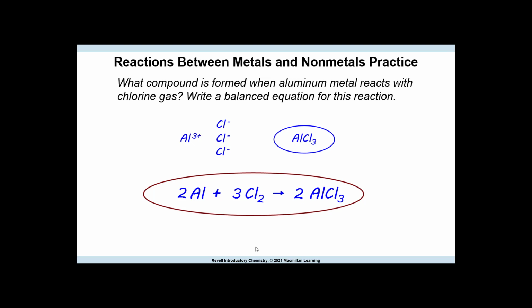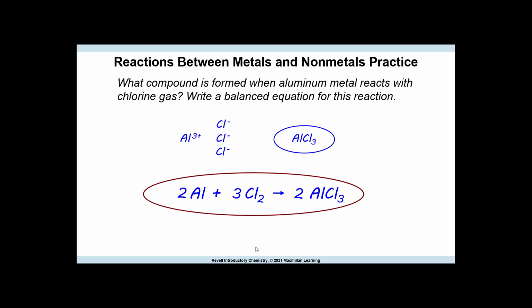If you're asked for oxygen gas, it's O2. If you're asked for hydrogen, it's H2. You will be required to know those. Bromine, iodine, etc. Because if you don't, then the whole thing's off, the equation's not going to balance correctly, and it's going to be wrong. To finish this problem, we balance the equation. We add the coefficients to make sure the number and the type of atom on each side of the equation are the same. So this gives 2 aluminum plus 3 diatomic chlorine, and it produces 2 molecules of aluminum